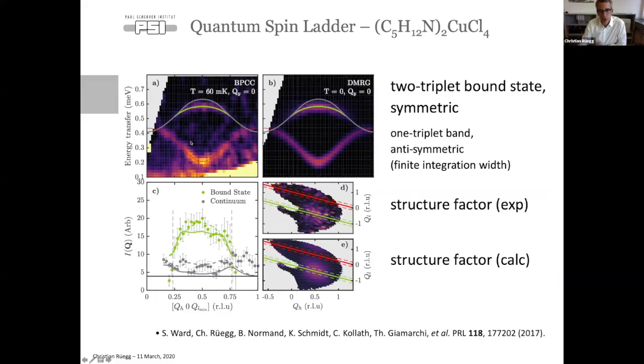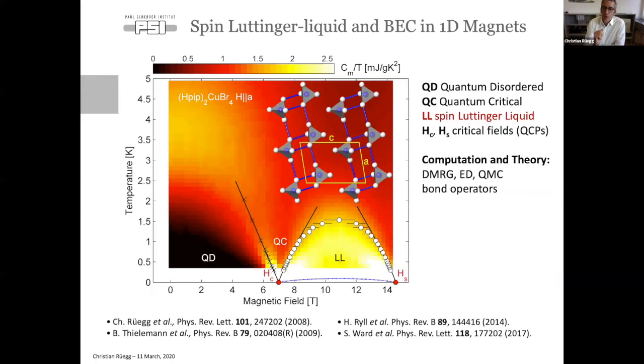On the left, the data. This lower edge is a bit of the leakage of the one triplet cross section. Here are then the 2 triplet bound states, and you can again quantitatively describe the weight of these spectra, which can be very powerful. If you apply now a magnetic field, as I mentioned in the beginning, there are these